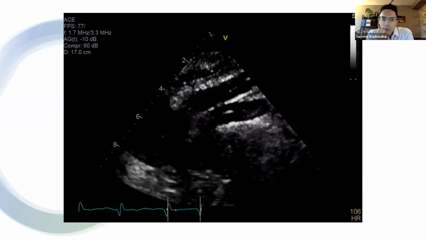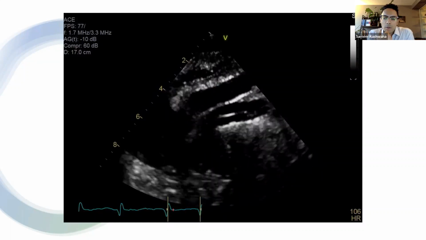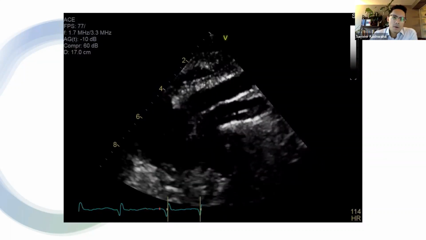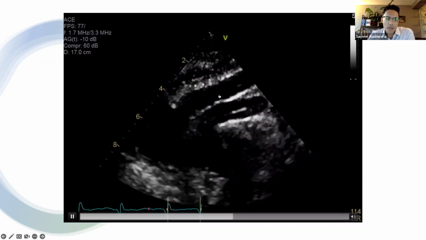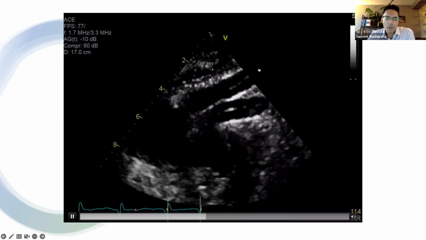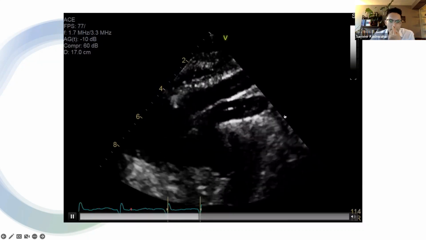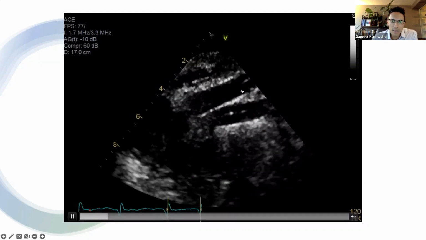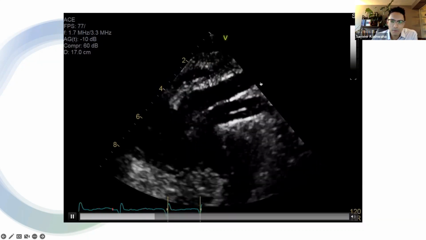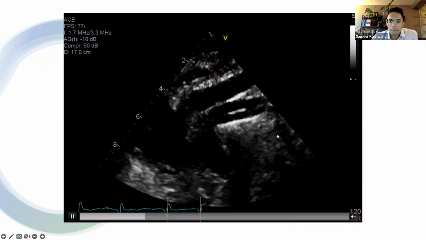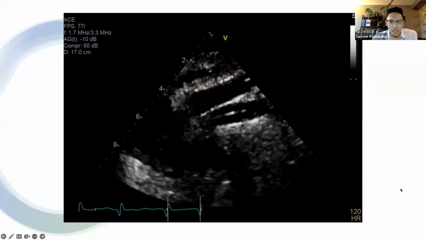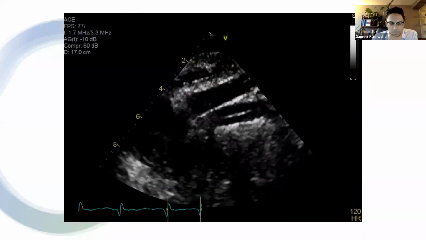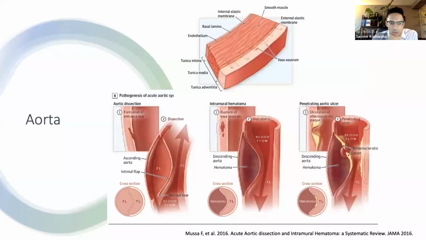Yeah, good. So exactly, it's a suprasternal notch view. We can see the aortic arch nicely going to the descending aorta, and we can see the branch into the left common carotid artery and the left subclavian artery. And both look like they have this linear intimal flap. It's not so well seen here, but the flap also extends into the descending aorta. And so I'll come back to that image in a little while.